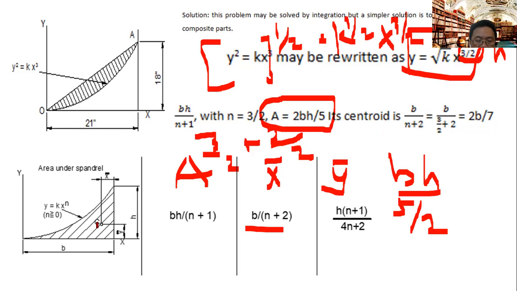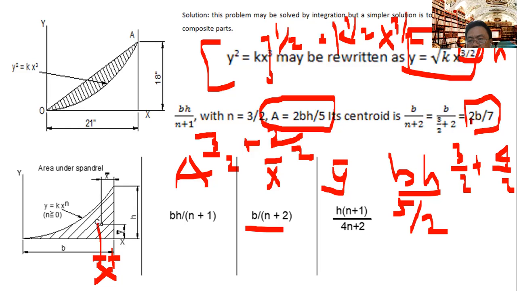This is coming from x, or coming from this area, this side. So bn over 2. If we have this one, bn is 3 over 2 plus 2. 2 is just like 4 over 2. 4 divided by 2 is 2. 4 plus 3 is 7, and then 2 copies. So that's why you have 2 here at the top, 2b over 7.